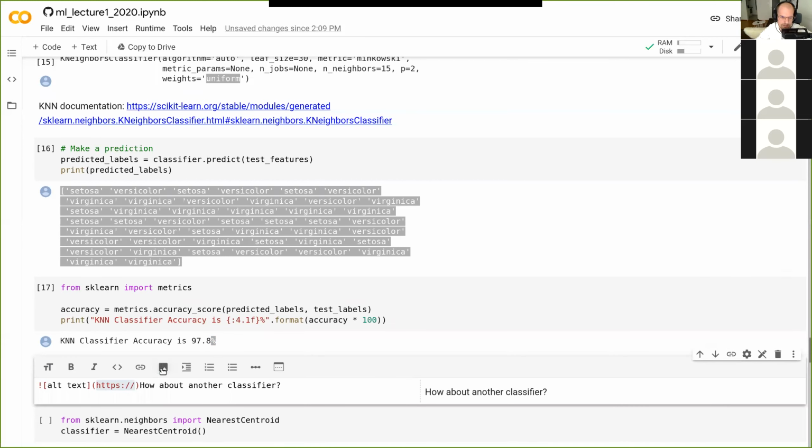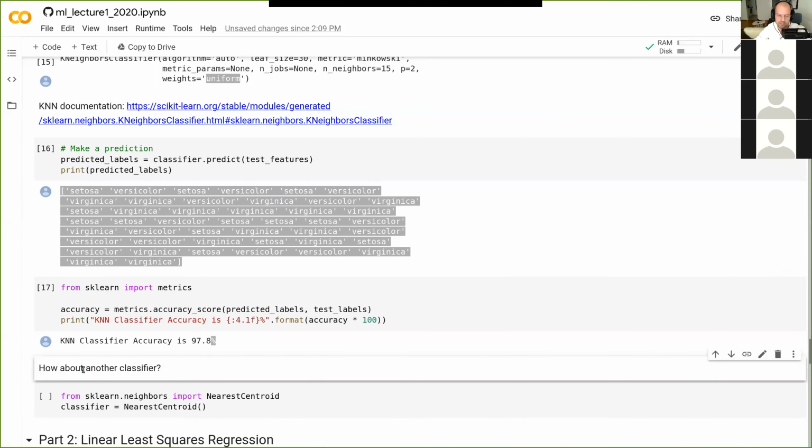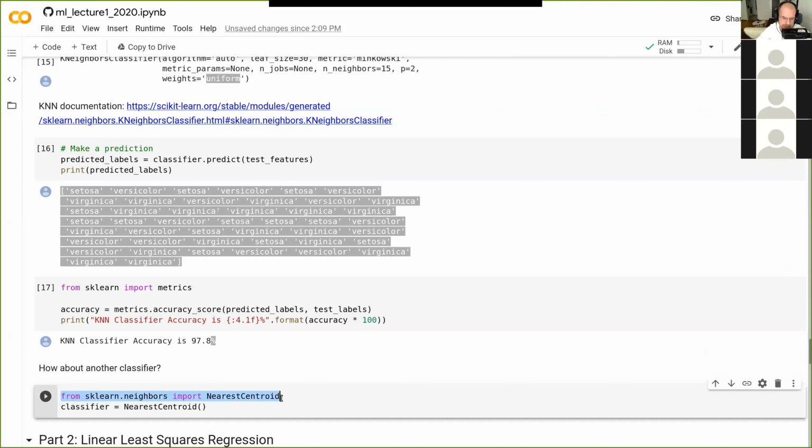Another question is, what if we want to use another classifier? They all have the same syntax and they work the same way. For example, if we wanted to use a nearest centroid classifier, we can import nearest centroid from scikit-learn neighbors, and then make a new classifier like this.